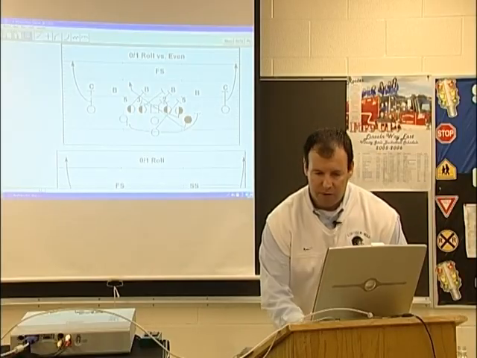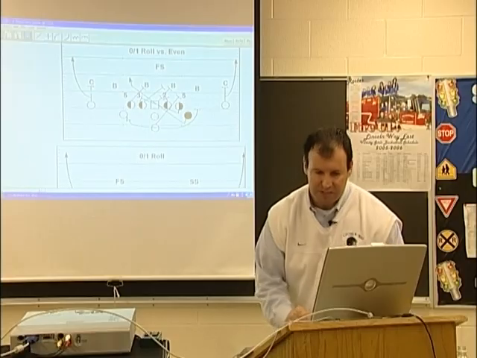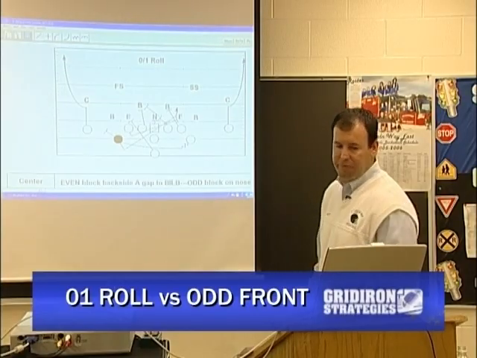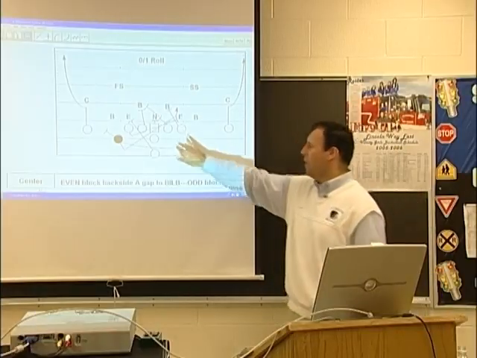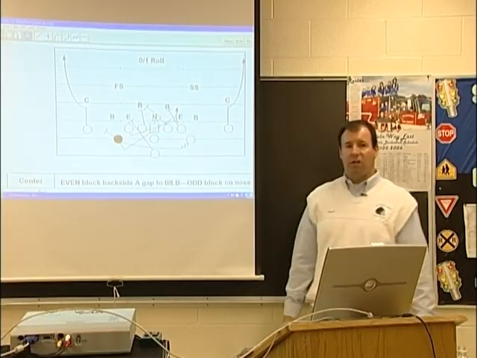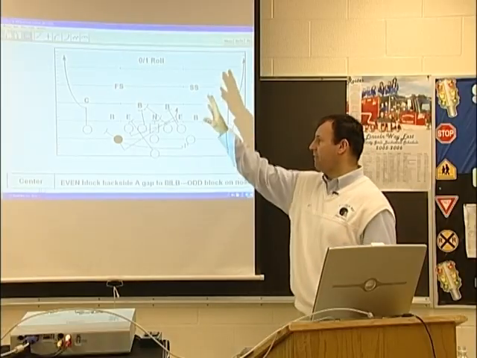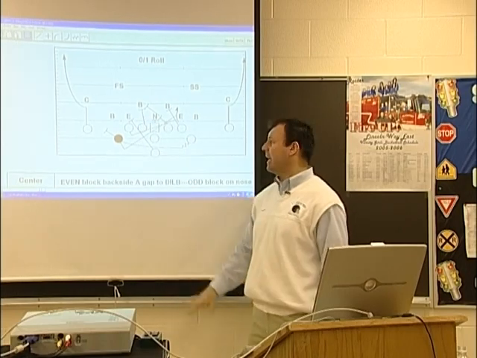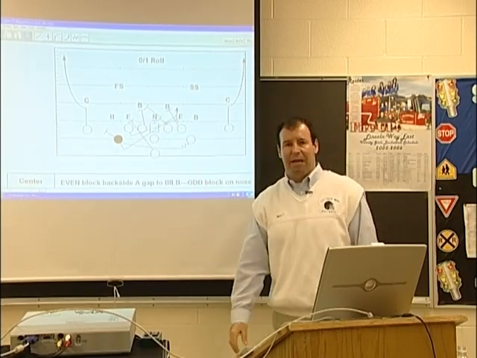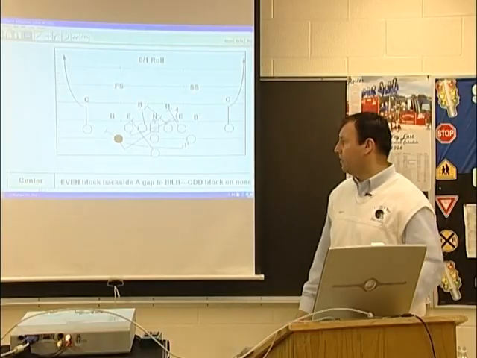Let's take a look here at the odd front and our adjustments a little bit with the odd front. This one we're running the opposite way. We're going to run a zero hole. The key here now is our center and guard double on the zero technique, making sure we get movement back and then vacating off. Again, we'll sometimes triple team this with the backside guard working up. So it depends on the team, it depends on the opponent,